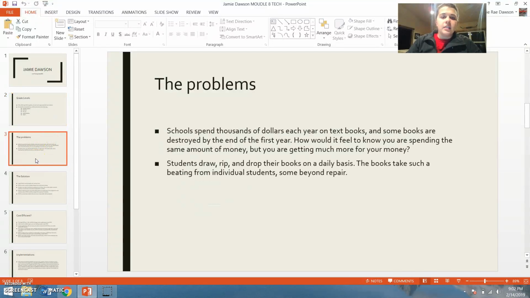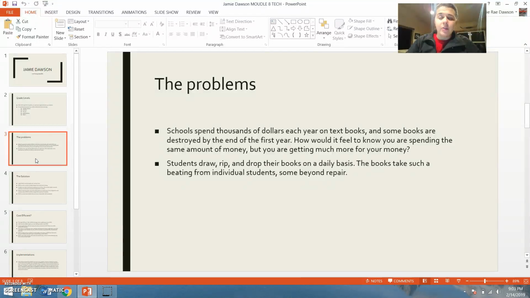So, some of the problems. The school spends thousands of dollars each year on textbooks. Some are destroyed by the end of the first year. How would it feel to know that you are spending the same amount of money, but you are getting much more for your money? What I was thinking there was you got, say, 20 kids per classroom,